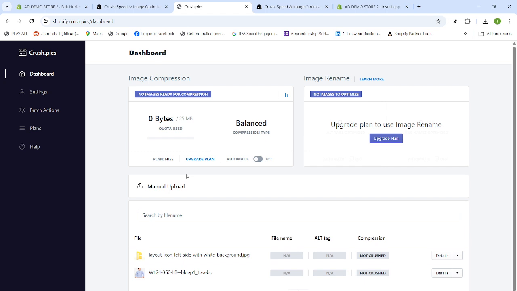In the next session, we'll walk through recommended settings and a clean workflow for optimizing images in bulk without disrupting your